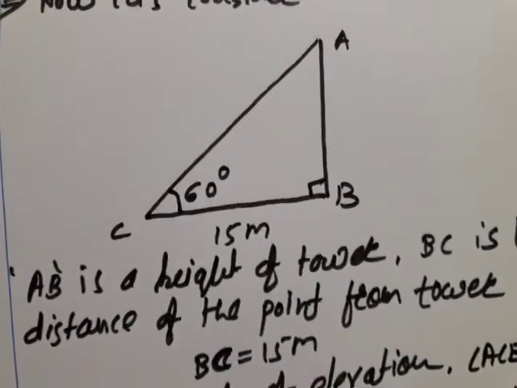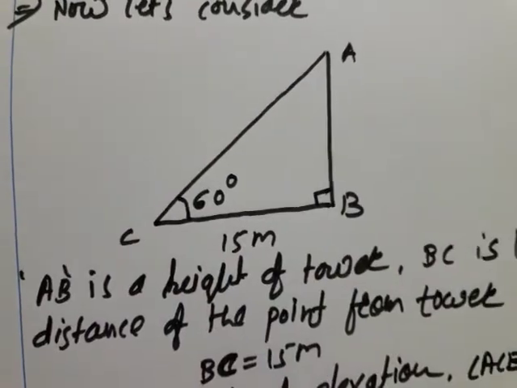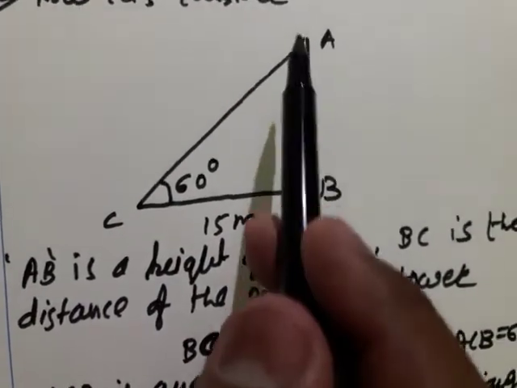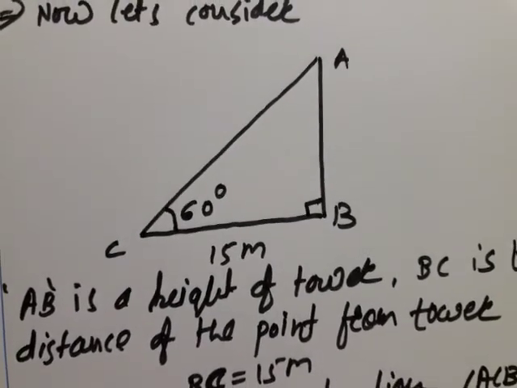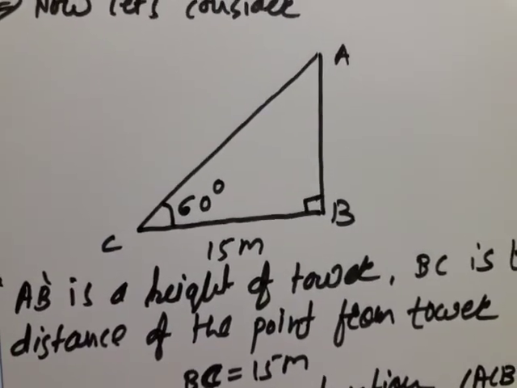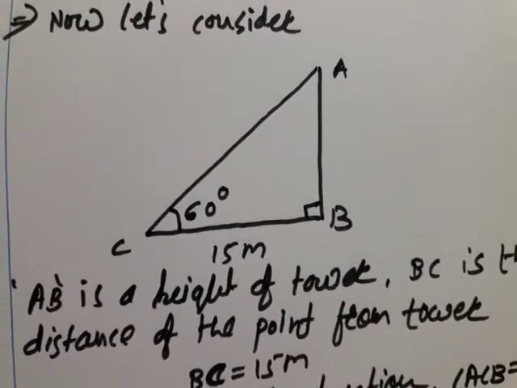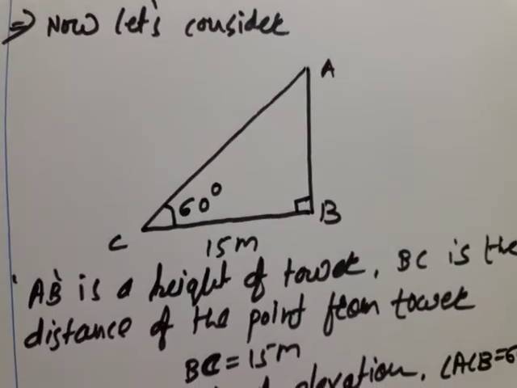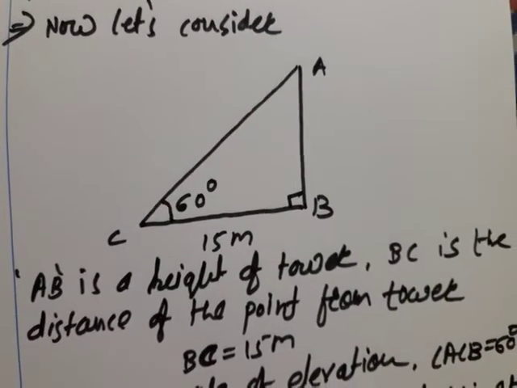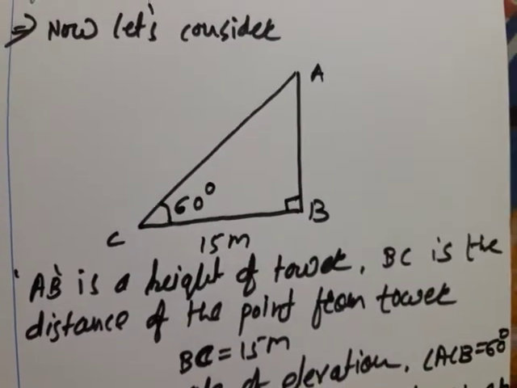Look at this figure. This is 90 degree, this is 60 degree. We are not going to find out this angle. We want to find out this side AB. Then for finding side AB, we have to consider angle C, and after considering, you can use any ratio. You can use sine, cos, tan, whatever you want. But before using the ratio, how to decide which ratio is useful over here? That is also very important.